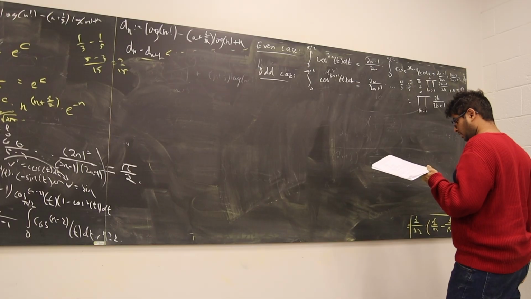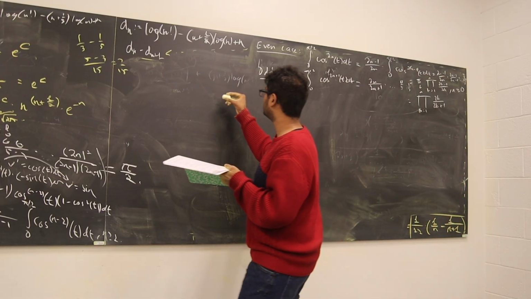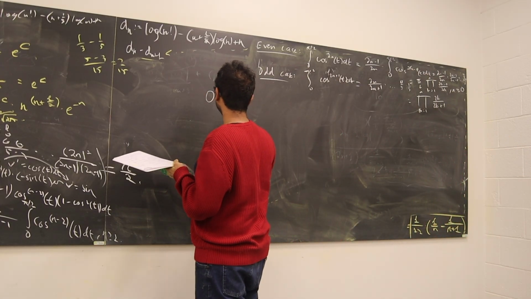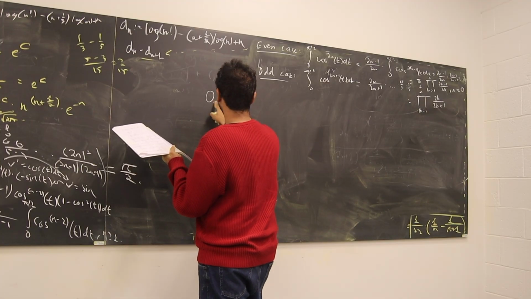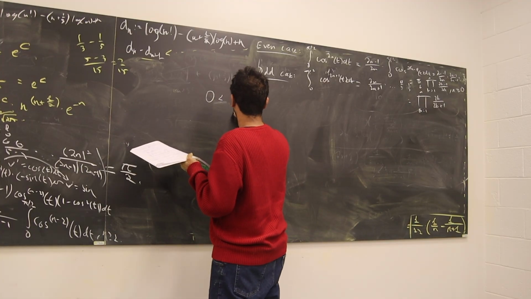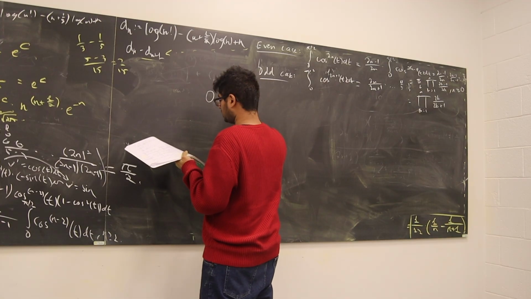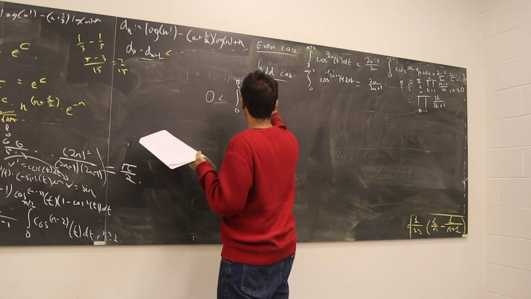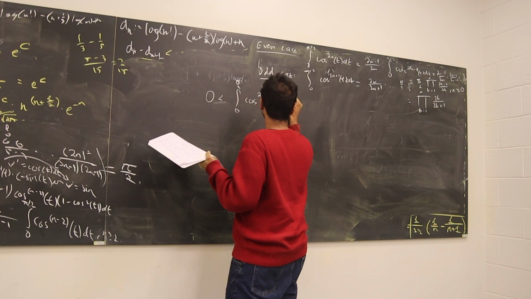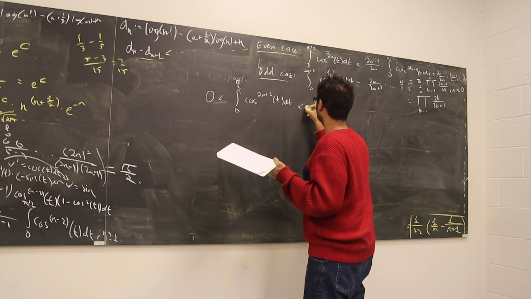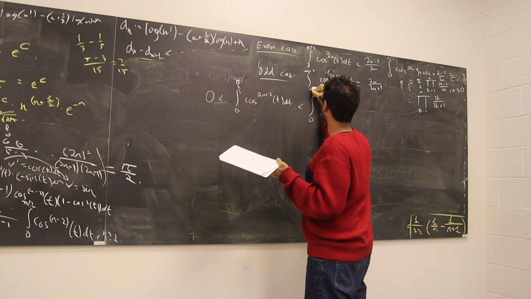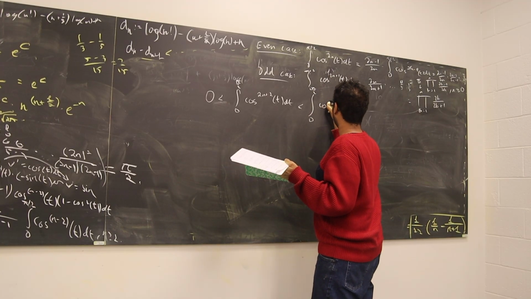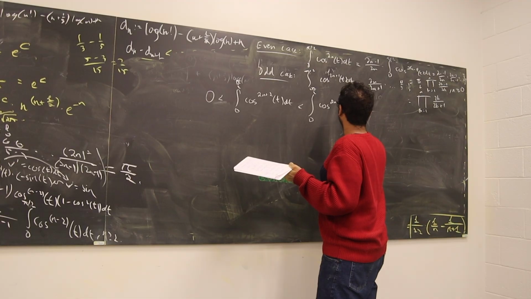So in any case, as you're decreasing the exponents, the values increase. So you get 0 is strictly less than the integral from 0 to pi over 2 of cosine to the 2n plus 2 of t dt. I think you can see where I'm going with this. I'm going to just change the exponents, that's all. So cosine 2n plus 1 of t dt